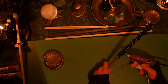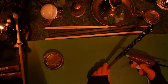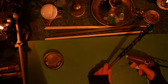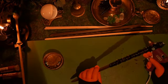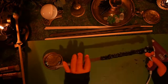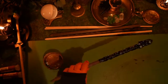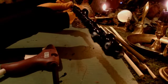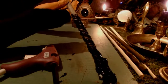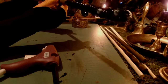I got this weird little lump because I got distracted while I was doing the glue, so I've got a lump that I'm trying to melt out. And it worked. Cool. Okay, so I'm almost done. Let me show you on the webcam. And what's going to happen is I think I might rub this with mica powder or paint it. I don't know. What do you guys think I should do? Should I paint it or...